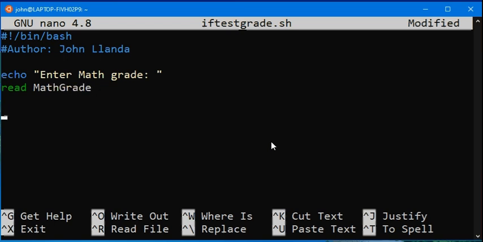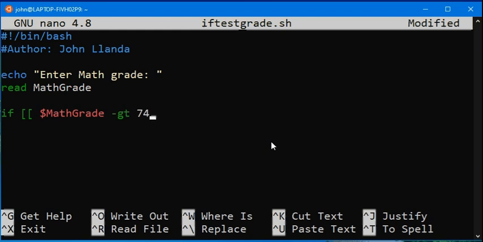Okay, next if math grade. We will use again the keyword -gt, is greater than,